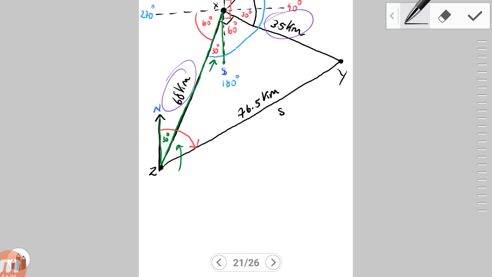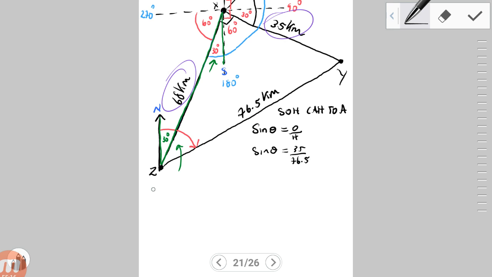Now let's be reminded of what the trig ratios are. We use the acronym SOH CAH TOA. If we choose the sine ratio, sine theta is equal to the opposite side, and the angle we're interested in finding makes this 35 the opposite. Let's write the formula first: opposite over hypotenuse. So the sine of the angle we're looking for is equal to the opposite side, which is 35, over the hypotenuse, which is the side we calculated to be